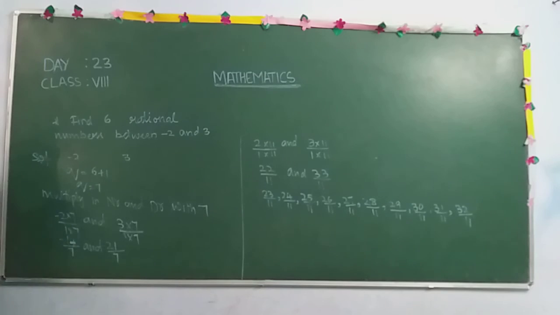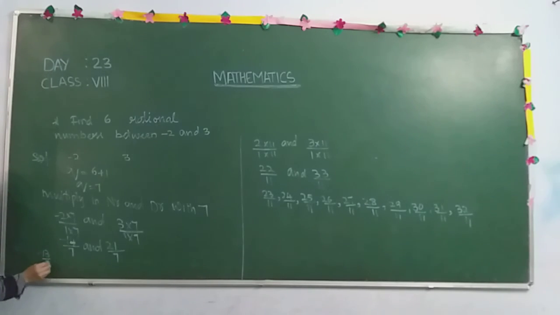Now between those numbers I will write. So after minus 14, what comes? Minus 13, minus 12, minus 11, like that we will get. But only 6 numbers we have to write. So from this series of numbers you can select any 6 numbers, in continuation, successive or alternate. Let me first write what numbers come between minus 14 by 7 and 21 by 7.